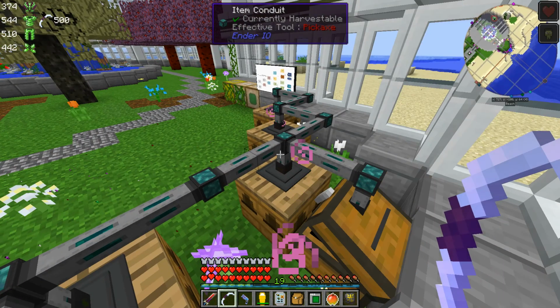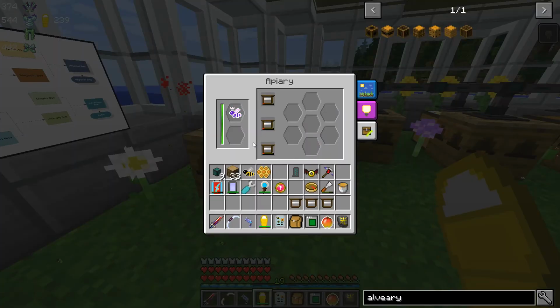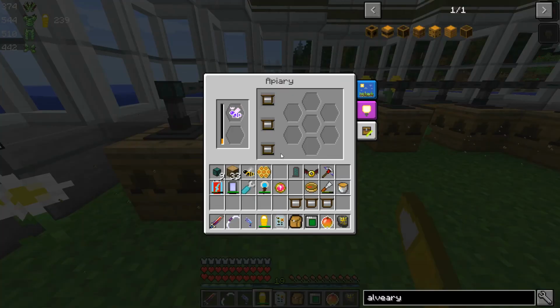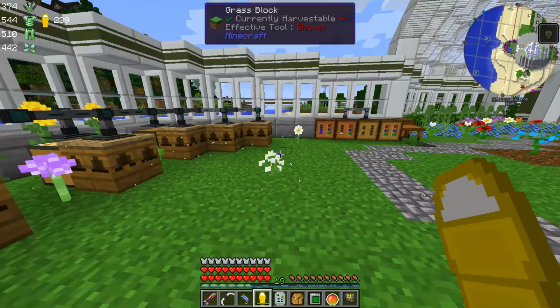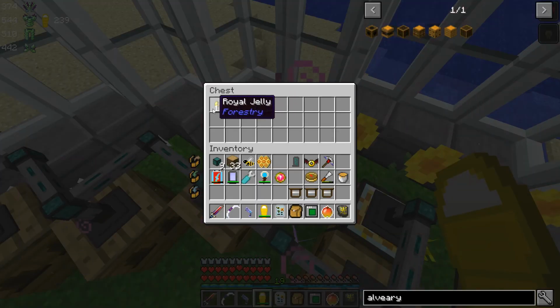Ooh, we already got 10 royal jelly. Is going to be feeding this. Alright, we're all filled up. We now have imperial queens over here, and all 3 of these, and industrial queens over here, and all 3 of those. So we're producing lots of royal jelly